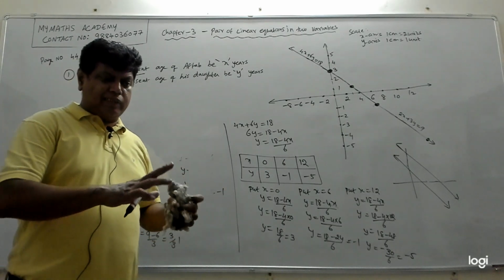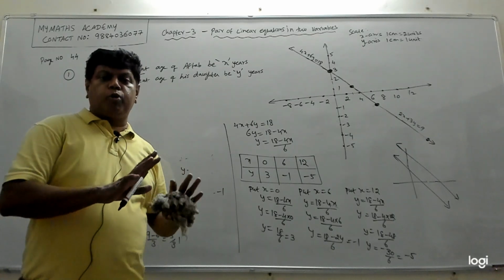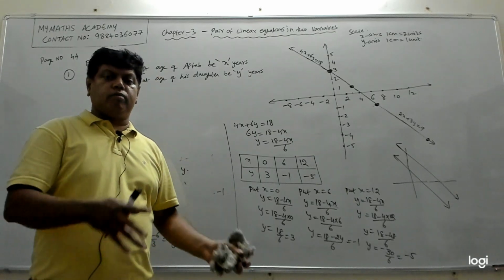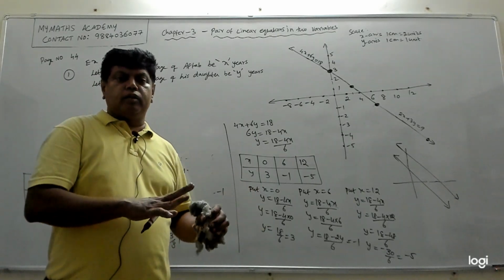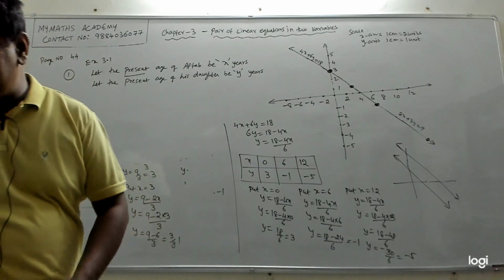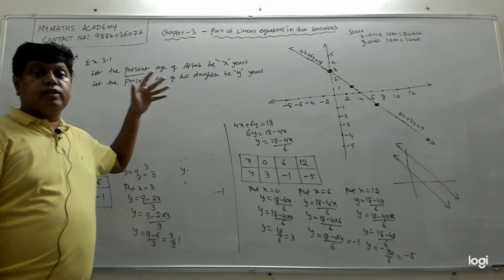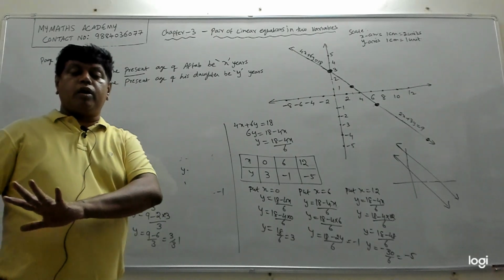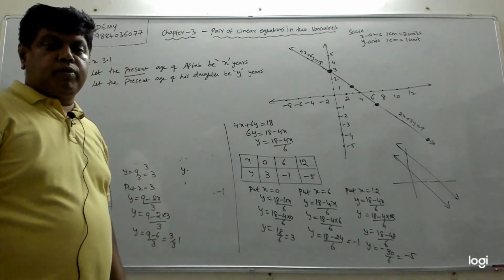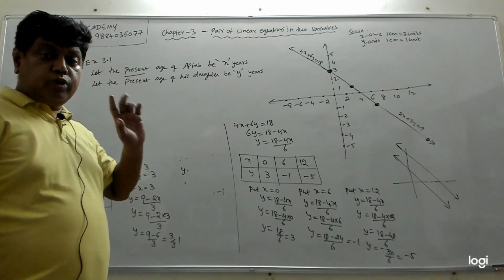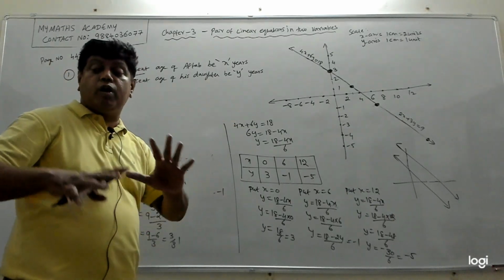Now once you write these 2, then we will read what Aftab is telling. So whenever you see a problem that talks about age, and then 7 years ago, 10 years later, before 4 years and all that, before we get into the statement, first the 2 lines or 3 lines that you will write is the present age of the different people that are there in this problem. Here we have 2 people, one is Aftab, the other one is his daughter. You need to write the present age for both of them. Then we have to read the question.